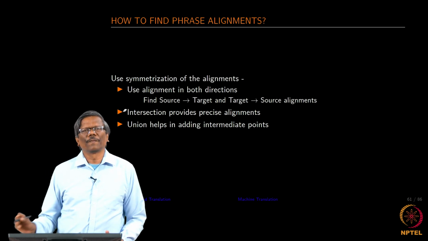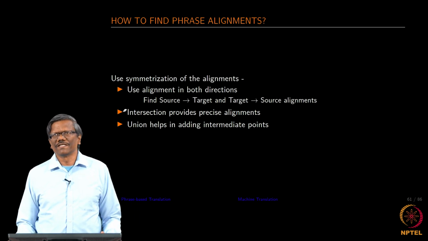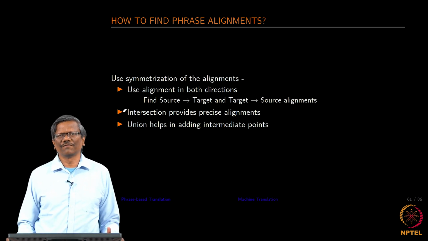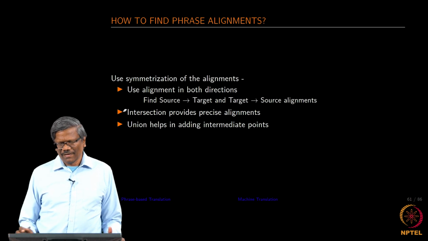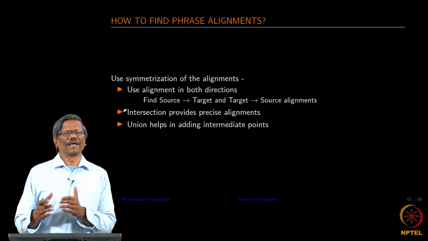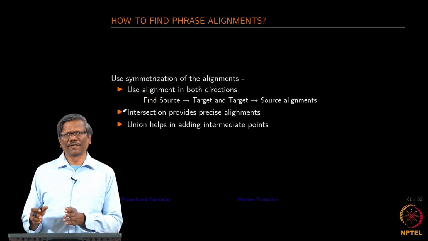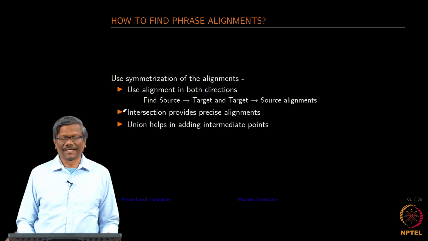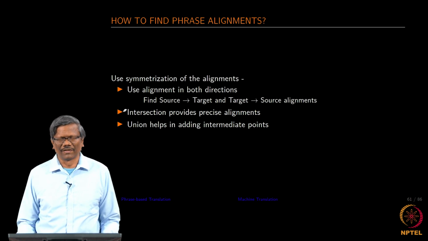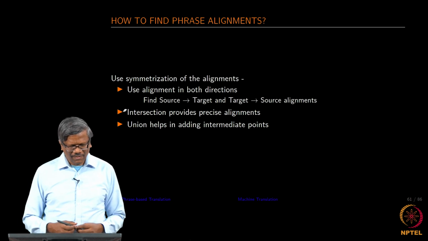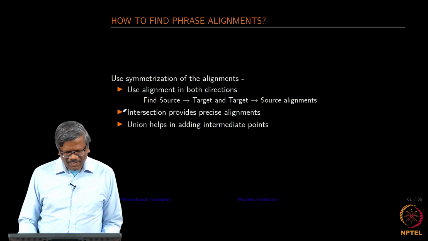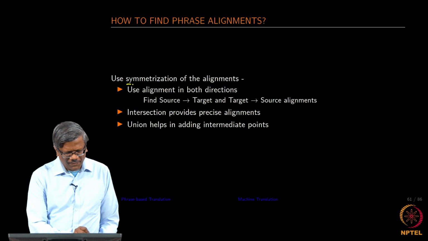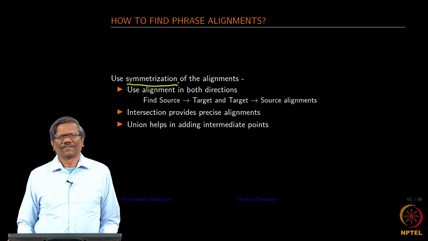Is it the right way to do it? As we mentioned, the order of the words in English is not going to be the same in the foreign language as well. The first word may align to the first word in English, but the 5th word may align to the 8th word in the foreign language, or the 2nd word, and so on. I will show one example when we go into the alignment models. So, what we are going to do is use a process called symmetrization.